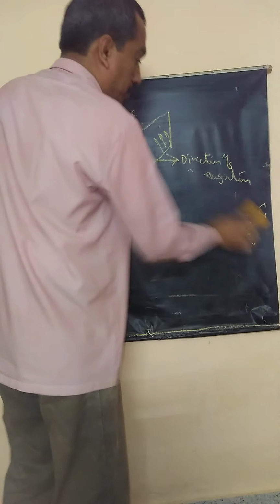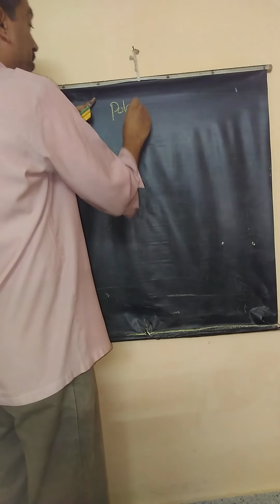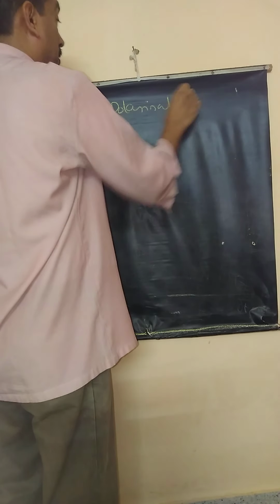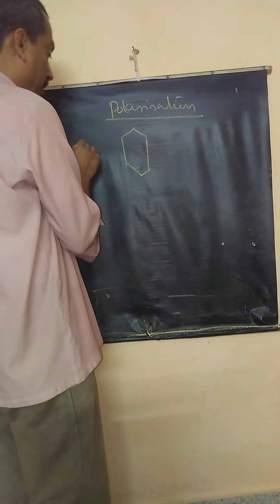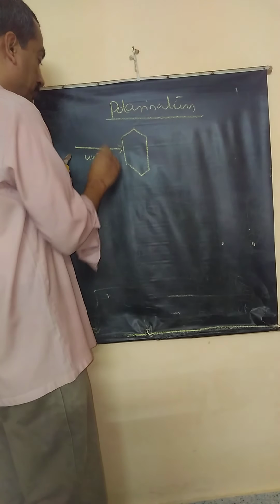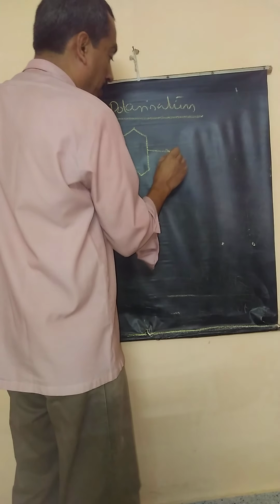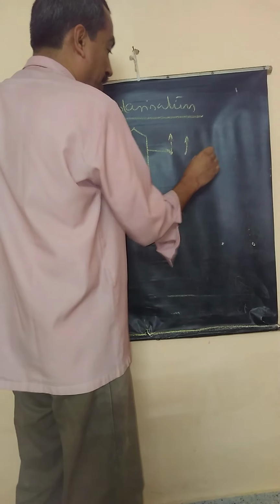Now, another concept called polarization. What does polarization refer to? In 12th standard, you all have learned polarization means the orientation of electric field. When an unpolarized light, normal light, is passed through certain crystals like tourmaline crystal, the light that comes out has vibrations in one plane. For example, if this is a crystal, if unpolarized light passes through it, you all have learned that the light that comes out will have electric field in one plane, vibrations in one plane.